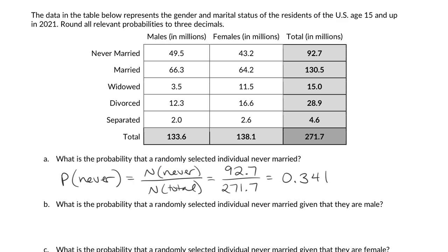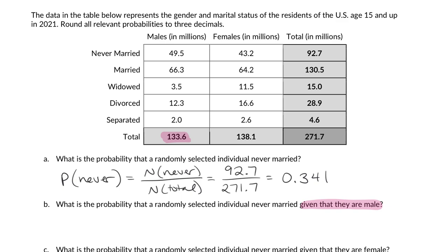Part B goes on to ask, what is the probability that a randomly selected individual never married? Same question. Given that they are male. The moment I read the word given, I'm going to pause, and if it was on paper, I'd highlight it. Because if I know something about the population, I know that we're only talking about the males, I have changed the total. What is the total number of males in the survey? 133.6. That is now the total I'm working out of because it's a given that we're only looking at that